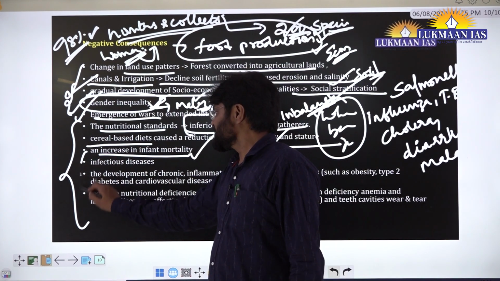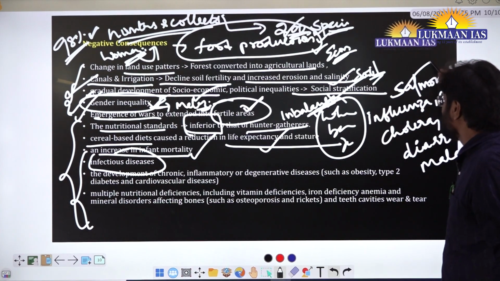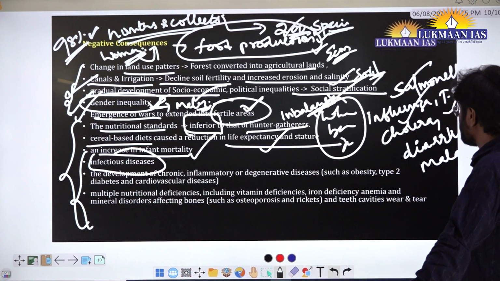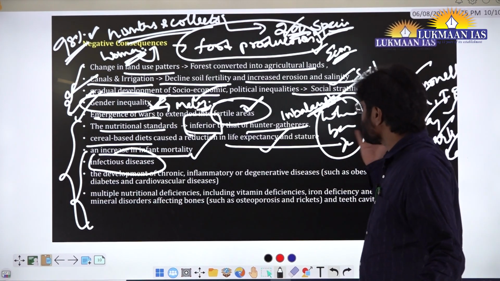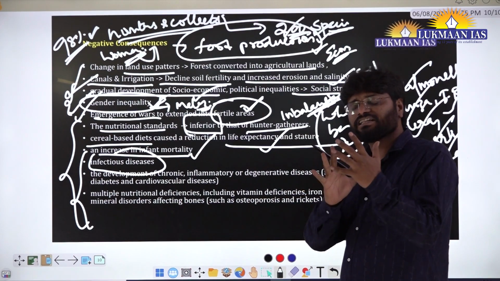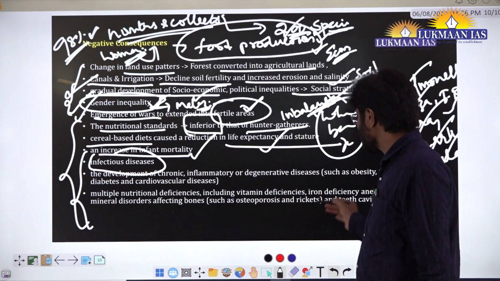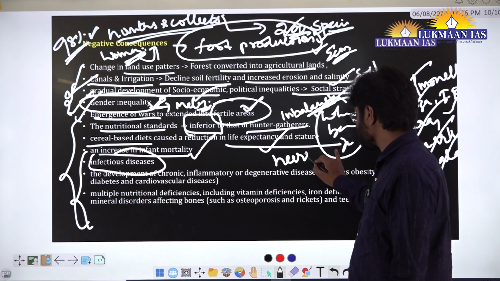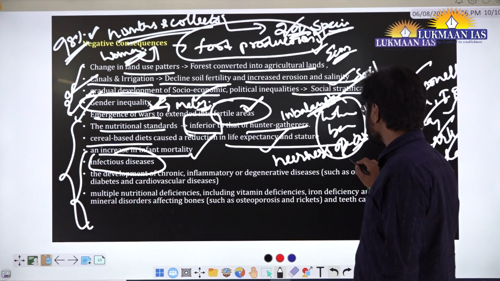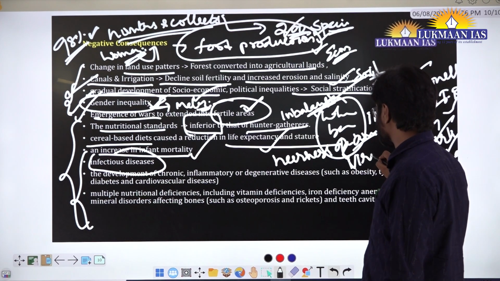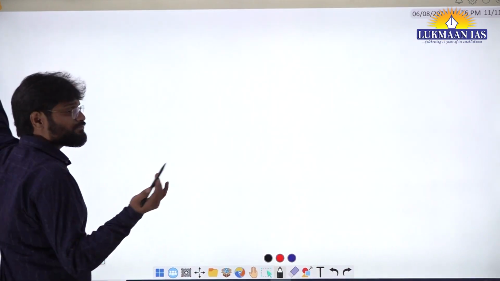And also you can see the emergence of infectious diseases in the form of salmonella, influenza, tuberculosis, cholera, diarrhea, malaria, measles. There are so many diseases we can trace. They were direct consequences of the increased population density as well as nearness of the hosts. So nearness of the animals, which are the hosts for various pathogens, viruses, bacteria, etc. So here you can see that, because of domesticated animals,